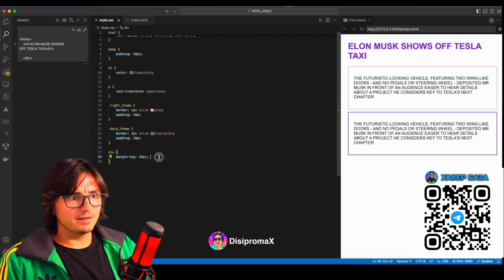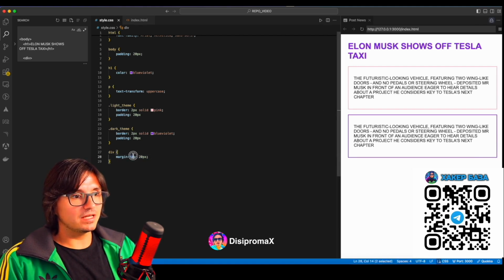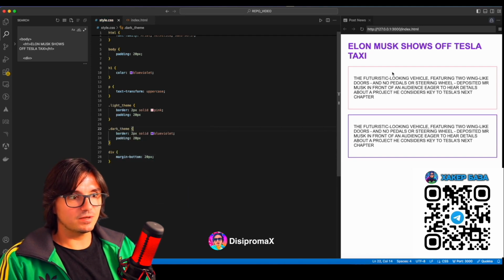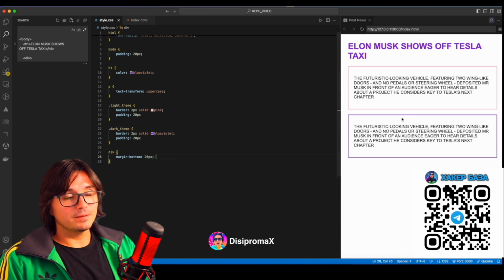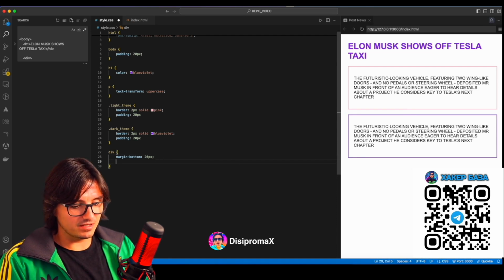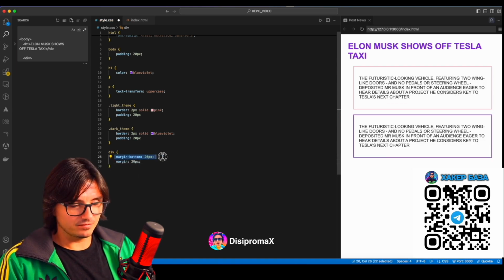Well, let it be 20. And look, between everything, isn't it better to make it specifically downward, so that we don't have extra margin? If we have something, it's better to make it accessible downward with margin bottom, then you can do it clearly. Look at what happens. For example, if you just set margin 20 pixels, we'll remove this.